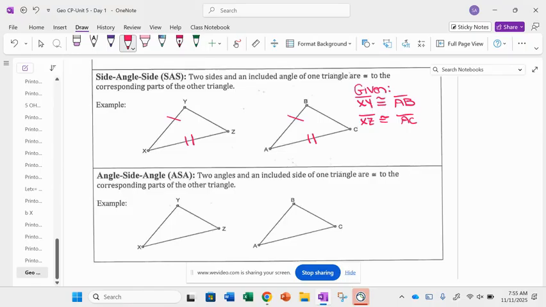So what angle, Jay, is getting made between the two sides coming together? X. You got it. So I can't just have any angle. I need the angle that's between the two sides that have marks. So we would need what Jay said, angle X congruent to angle A. And if we have all that, we can conclude